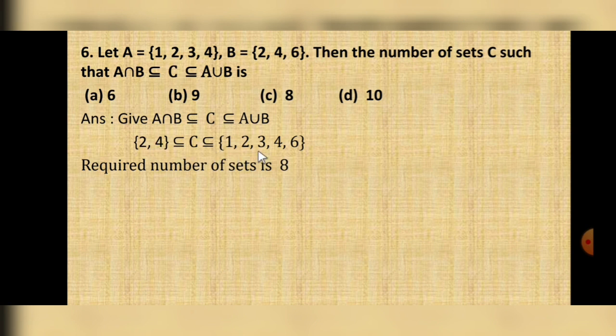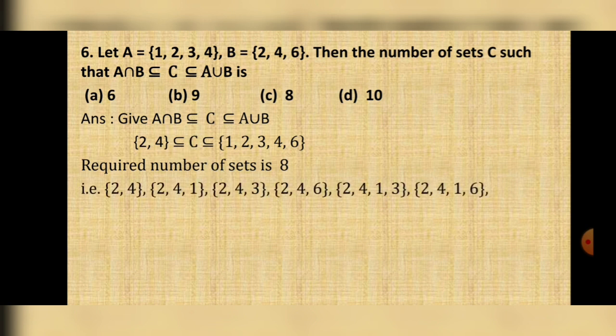But that one is difficult to remember. So it is better to write what sets we will get in this place. So the first set is, can we take {2, 4}? Because this set is a subset of or equal to C. That means the smallest set we get is {2, 4}. If you take {2, 4}, it satisfies both terms: it is equal to, and that term is a subset of this set, because {2, 4} is already there.